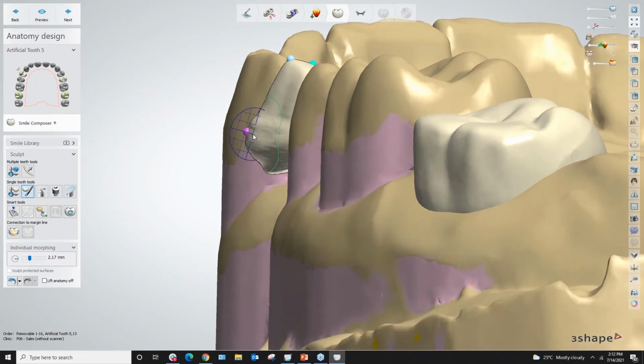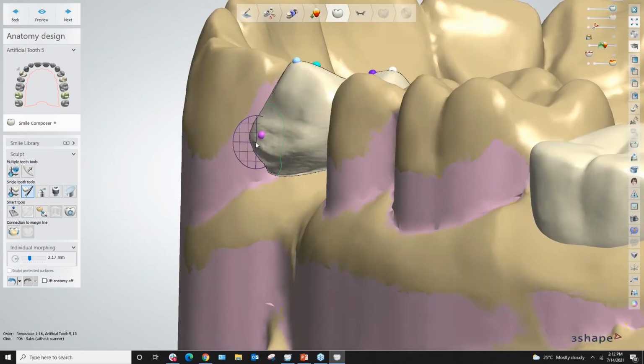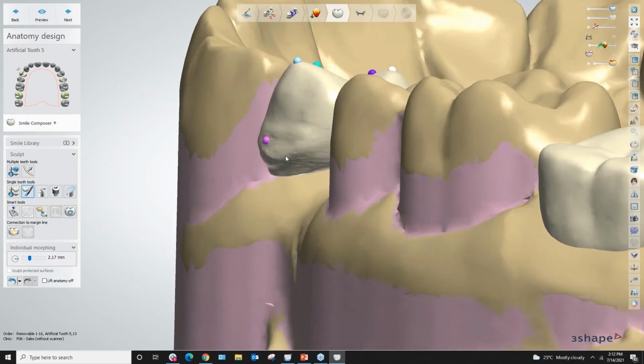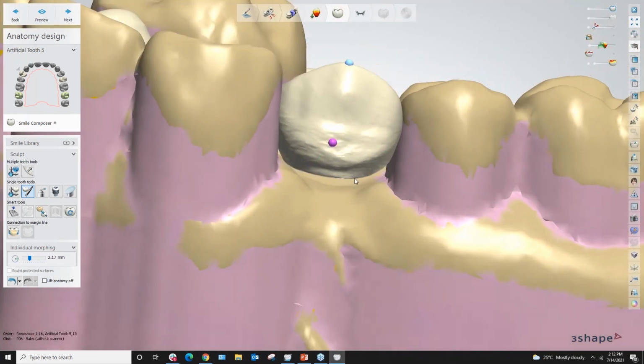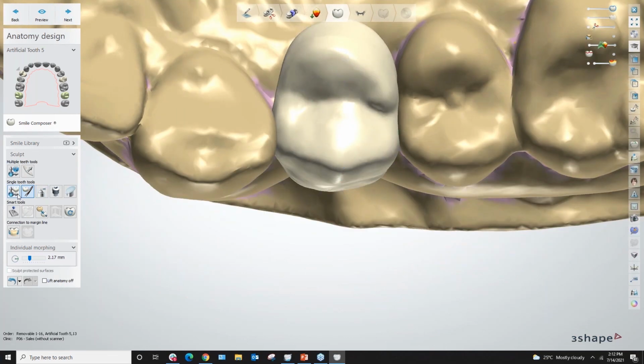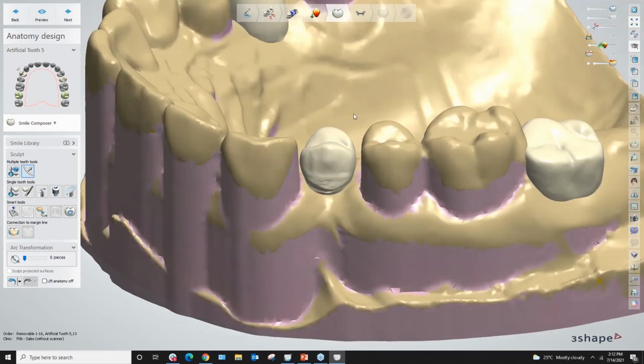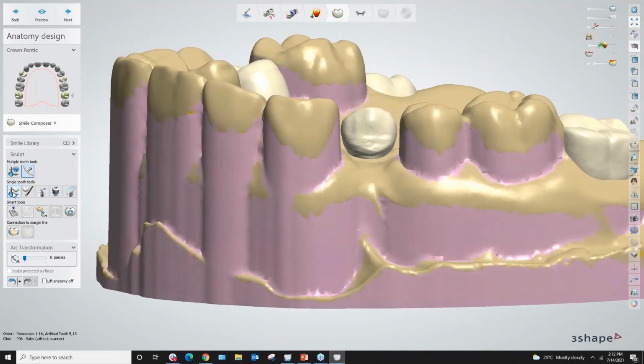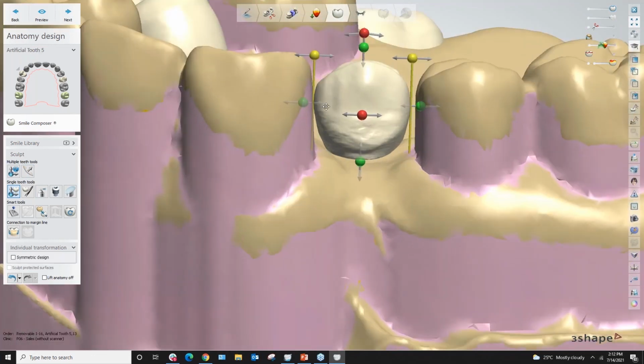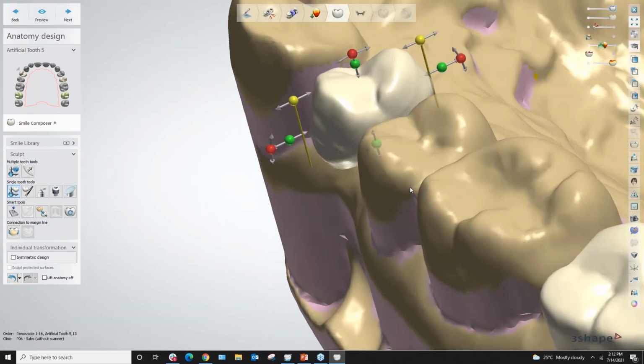And one of the reasons why, it's because it gives me the opportunity to work completely independent of the automated features of this particular design. So I'm going to reduce it just a bit so that I can have my proximal contacts freed. And the reason why I'm going to do that is because I'm going to incorporate my contacts within my acetyl framework. And this will give me the opportunity to actually have a tighter contact and maximize on my proximal areas